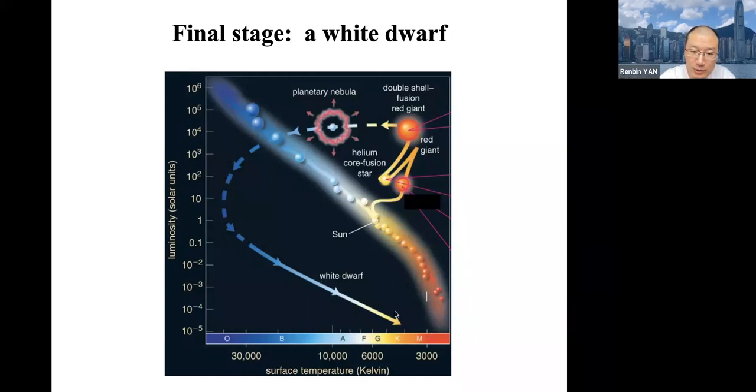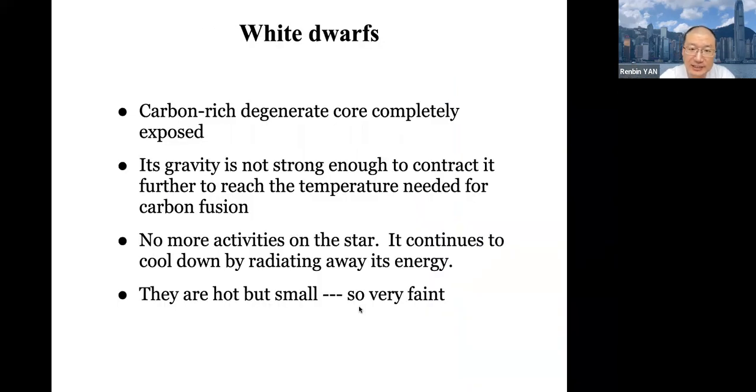And this relationship is all set by the Stefan-Boltzmann law. Basically, the luminosity equals the surface flux times the surface area, right? And the surface area is now fixed, so with the surface temperature dropping, the luminosity is dropping. And the white dwarf just continues to cool down. There's no more energy production. The star basically dies in this stage.